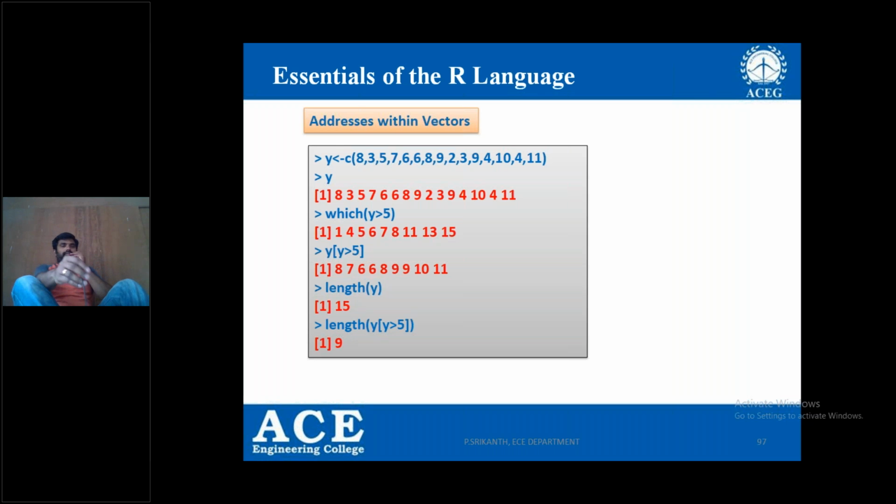Some applications: addresses within vectors. That is, I would like to check, for example, I am taking a vector that is given some density function, and I would like to know where exactly I have a value. For example, I define the vector with the random variable density function and check the mean value. Though the maximum value is 10, the mean value I am getting is, let us assume, 0.5.